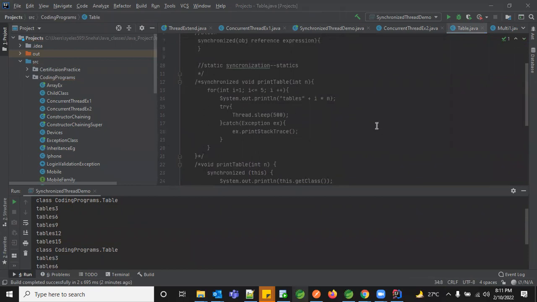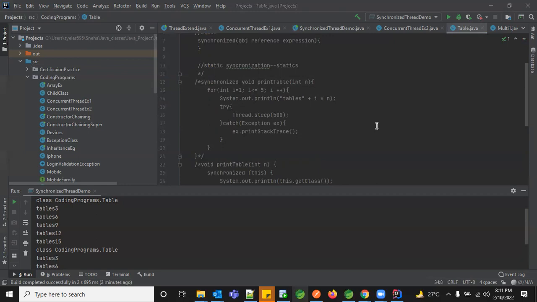Yeah, both are the same. See, if you have a static method and you have a static block, what happens? The static block will execute first. Only then the static method will be called, right? Yes. Right? The same thing we are doing here. Nothing else is a difference. So if you want your block to be executed first on priority, then you can have your block. Otherwise, you can just have a method with the keyword called synchronized. Both are the same, but we have two different ways to execute it.